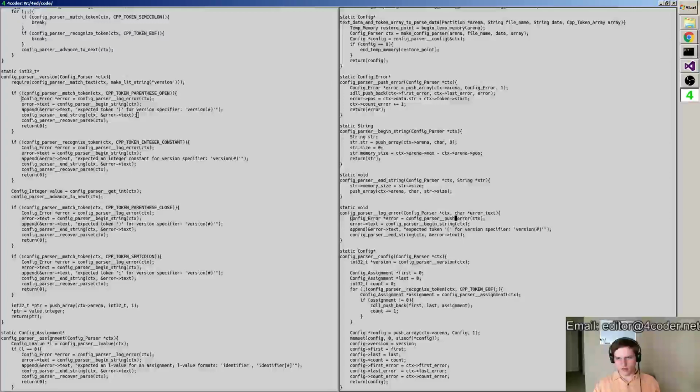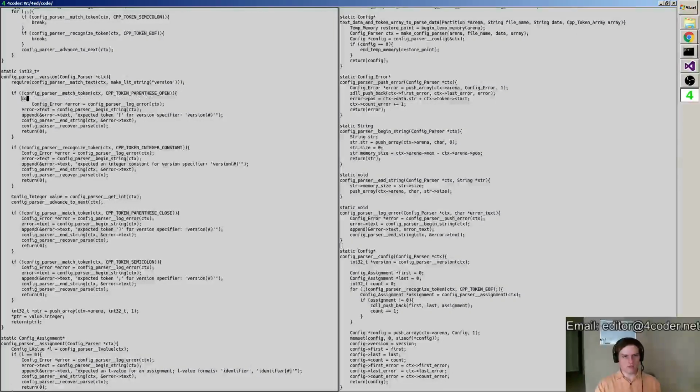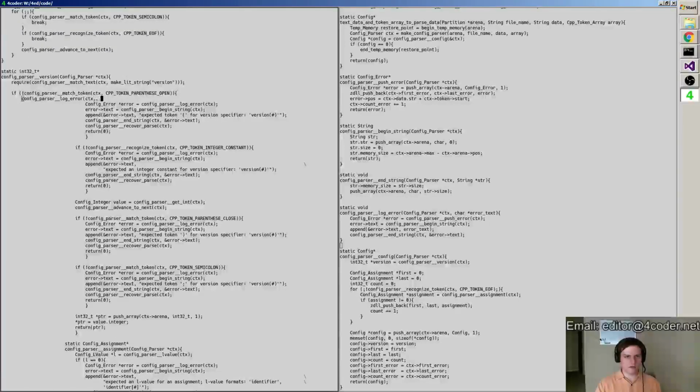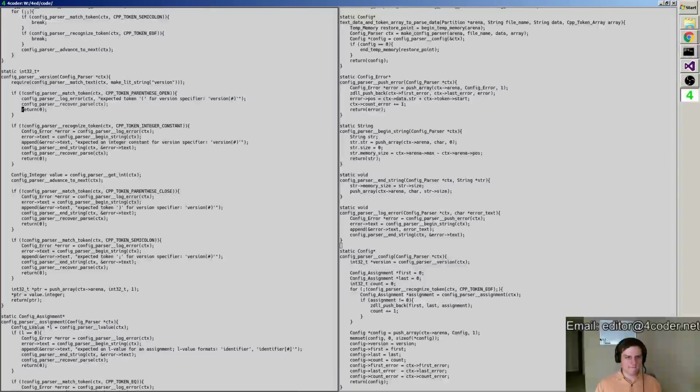So I push the error, I begin a string, and then I push the error text, and then I end the string. And so then all of these can just become config parser log error context, and then I grab the string out from right there. There we go.